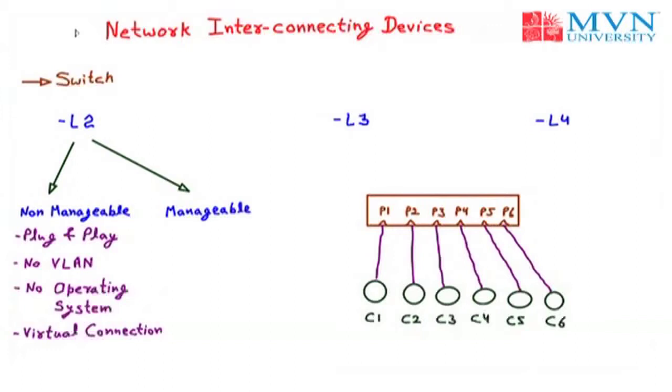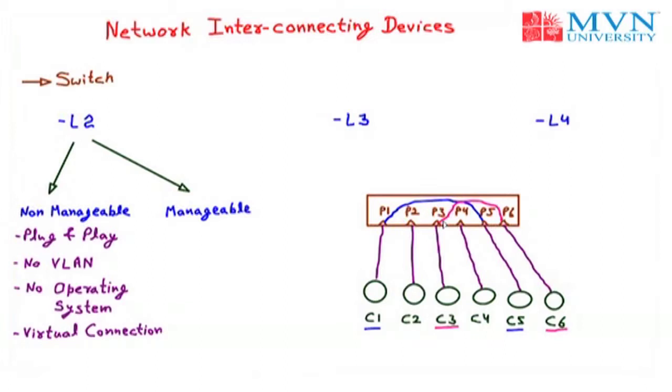Now, for example, C1 wants to communicate with C5, then it can directly use port P1, then P5 to the C5. And we provide the logical connection from P1 to P5. That is not actually a physical connection, it is only a logical connection. Now, for example, C6 wants to communicate with C3, then we will use port P6 and P3. And P6 will connect to P3 with the logical connection. These connections may be removed after the transmission has completed. So that is all about the virtual connection.